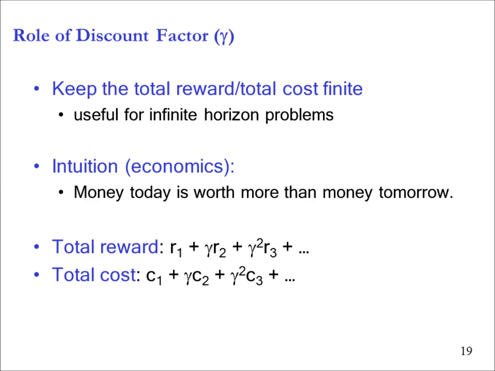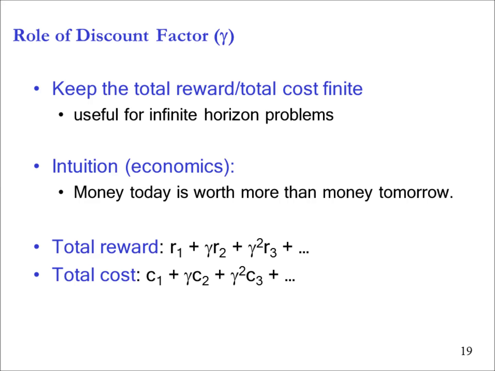Future value. Why is that? Inflation? Yeah, I can put it in the bank and get some interest out of it. Your life today might not be there tomorrow. So how we mathematically model it is by defining this discount factor called gamma. If I get a reward today, it's R1, and if I get a reward tomorrow, it's gamma times R2, and if I get a reward R3 two days from now, it will be gamma square times R3, and so on and so forth. Now, if gamma is less than 1, is this bounded?